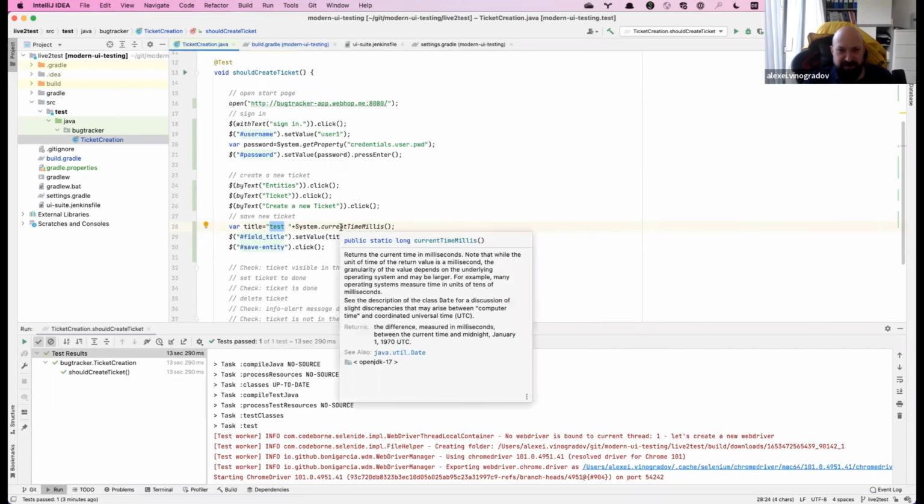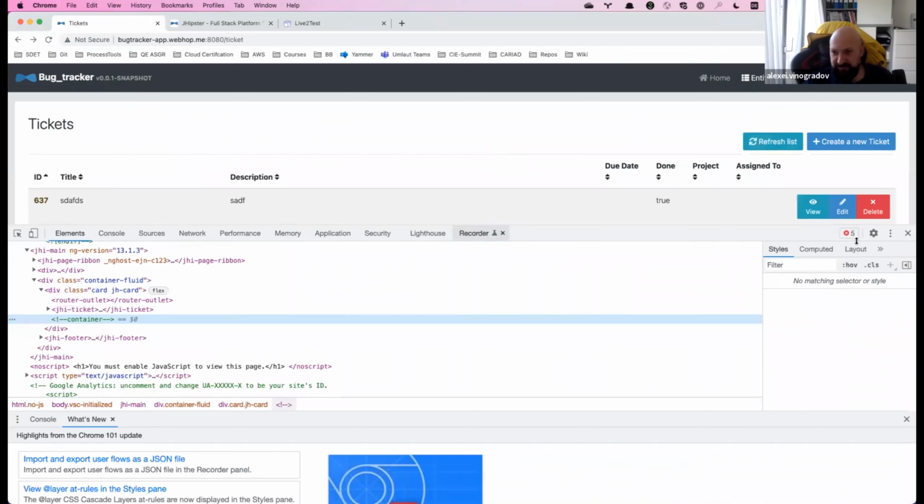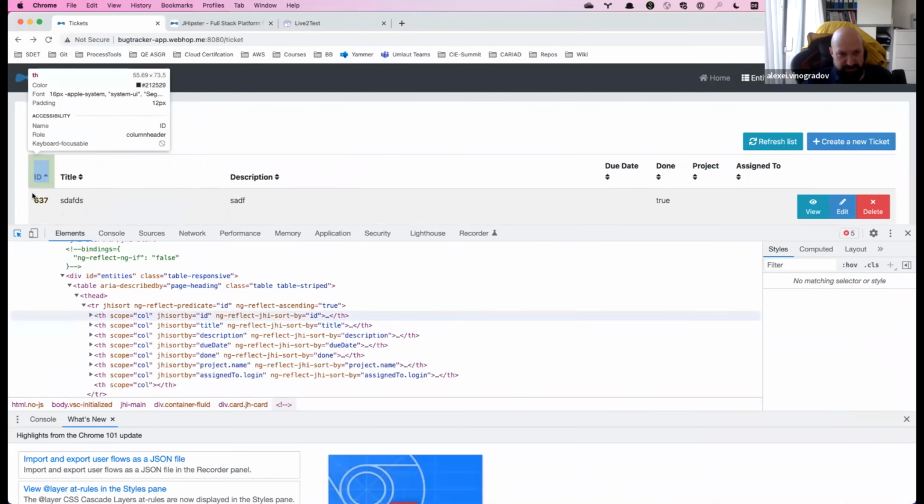First, I'm selecting the element where I want to do the search, let's say the entities table, the full table. In this whole table, I will be searching for some text.